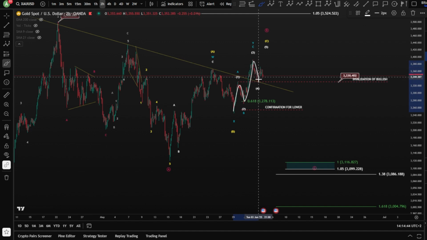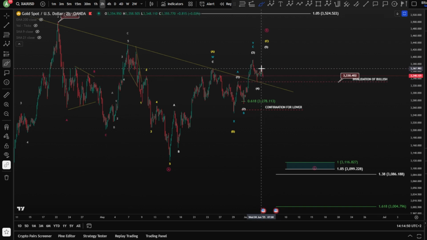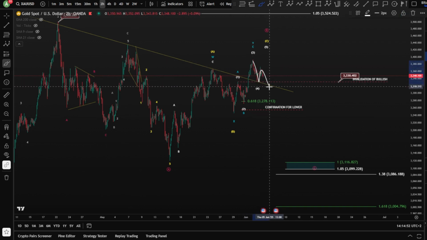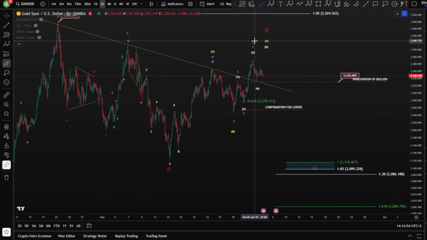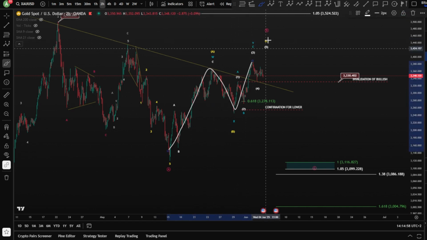in 1, 2, 3. Wave 4 should not, of course, interfere with the zone 1. Yesterday we saw a drop, but it didn't touch it yet. If it might touch it right now, that means, of course, you might have finished in a wave Y, which is a W, X, and a Y corrective.